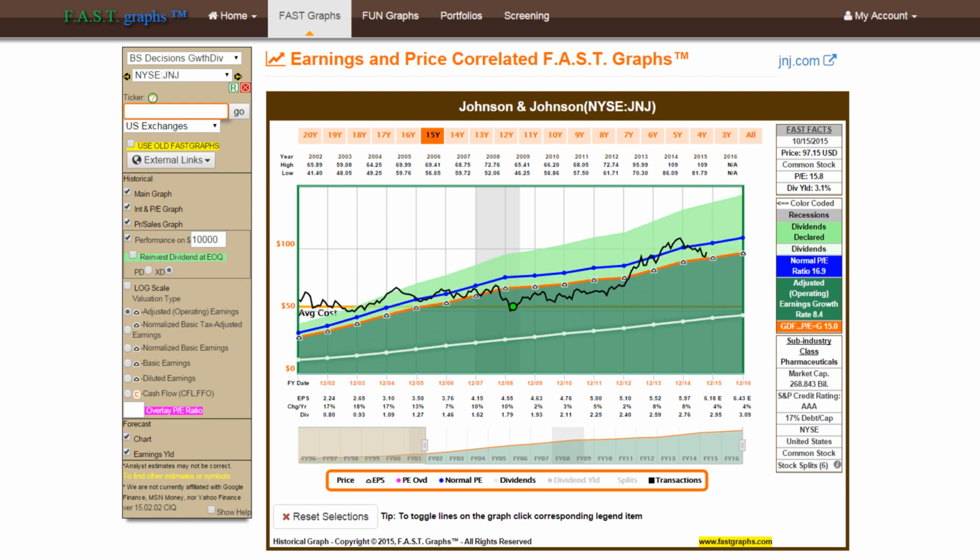earnings. In contrast, Johnson & Johnson was overvalued just like Kimberly-Clark for most of 2014. However, its price has now fallen to where I can buy this between a 15 and 16 PE ratio, meaning I only have to pay $15 to buy a dollar's worth of their earnings. So in the case of how it applies to the collect and invest strategy, I'd rather collect my Kimberly-Clark dividends and choose to reinvest them in a fairly valued stock like Johnson & Johnson rather than buy more Kimberly-Clark at